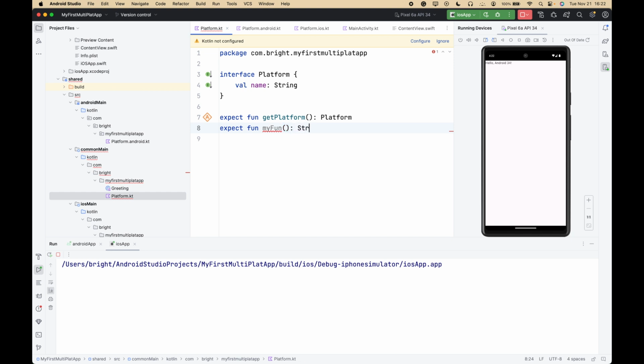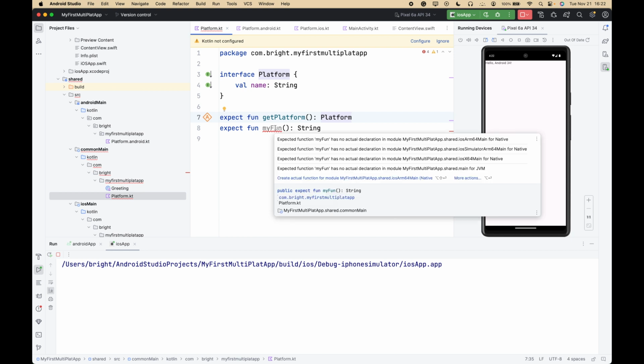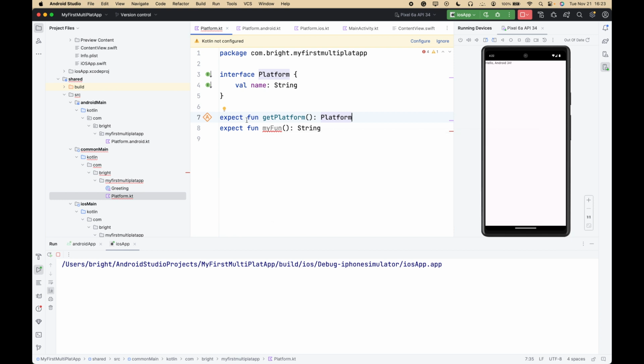It should return another string. Now it gives the error that there is no actual declaration in the iOS module and Android main. It means there is no actual declaration in the Android main source set as well as the iOS main source set. To fix the error,